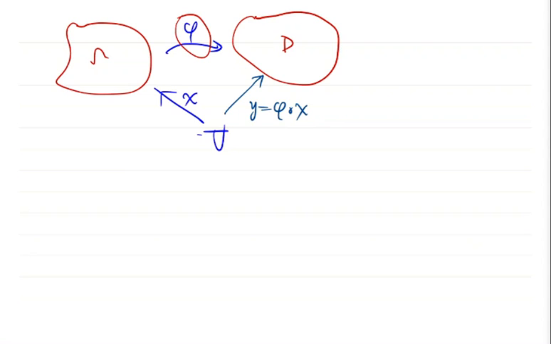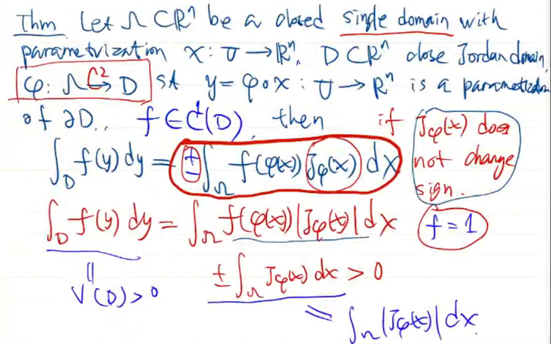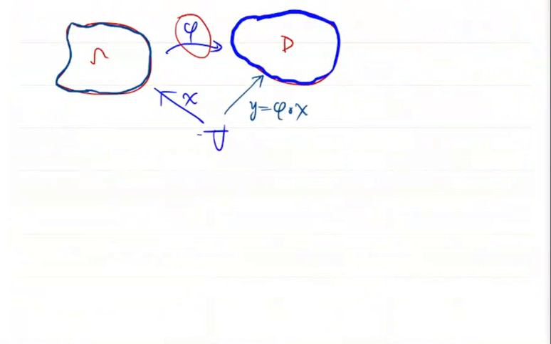We only require that if X is a parametrization of the boundary of omega, then the composition with phi gives you a parametrization of the boundary of D. This is the only requirement for our integral formula to be true. This is very important. From this result, we can obtain the Bolzano-Weierstrass-type theorem. So as a corollary,